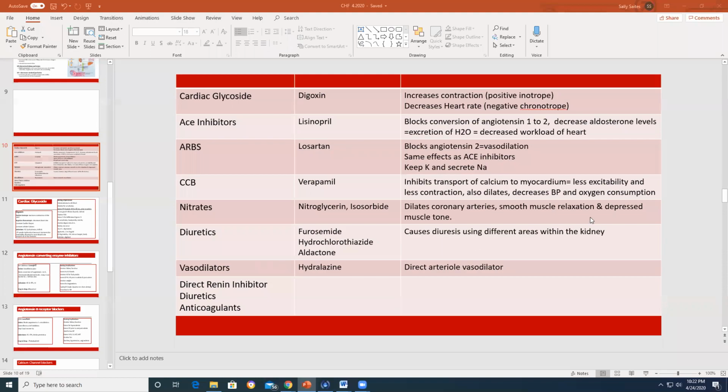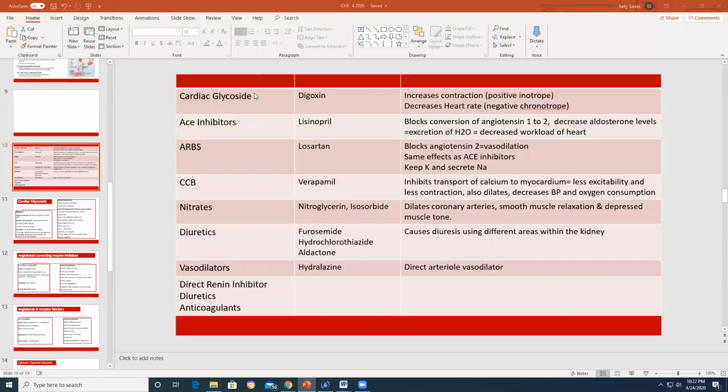Okay, so let's take a look at some meds now that are typically given for patients that have heart failure. A lot of these meds are given for heart failure. They're also given for hypertension. So you're going to see these in both of those disorders very commonly. So I'm just going to go over an overview here and then we'll go into